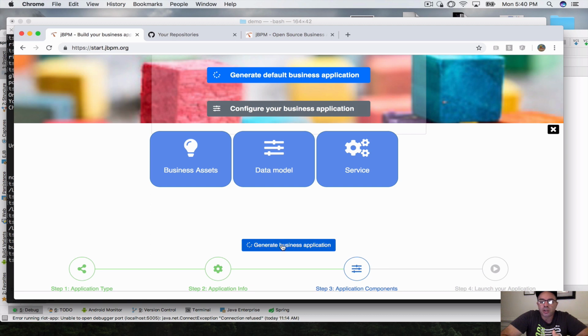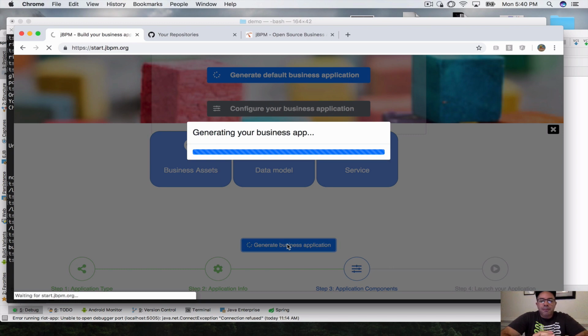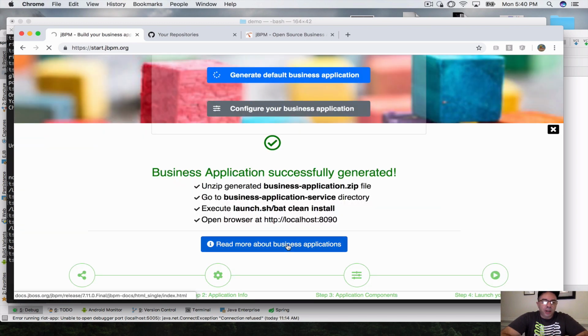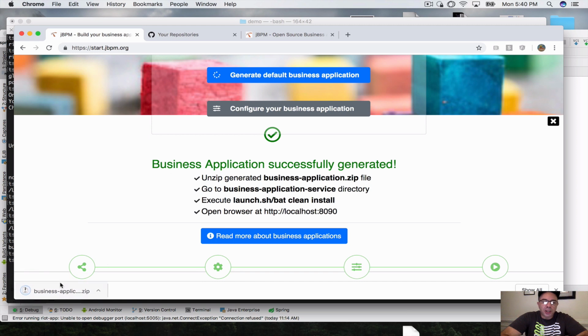So let's go ahead and generate. The selections that I have chosen are pretty much the same as if you clicked on the generate default business application button, but we just went through it. So you can see you can generate this app with just a single button click. So let's go ahead and generate it. This will give us a zip file, as you can see here,